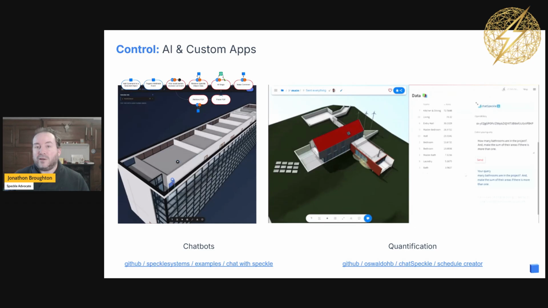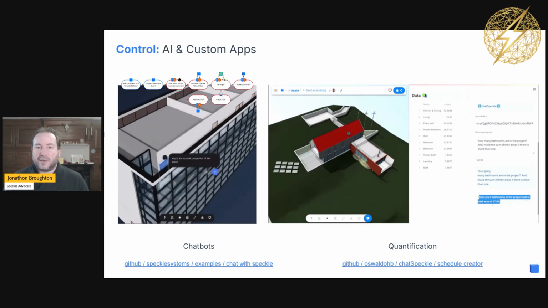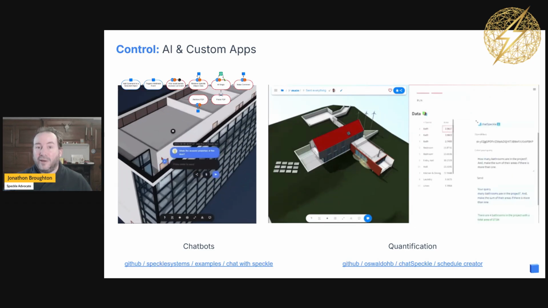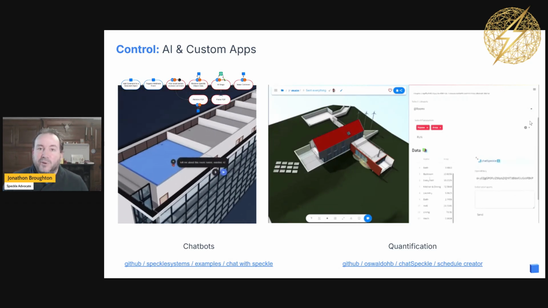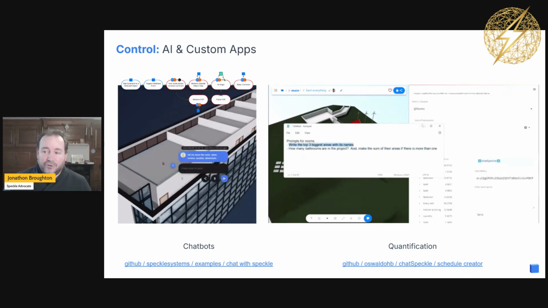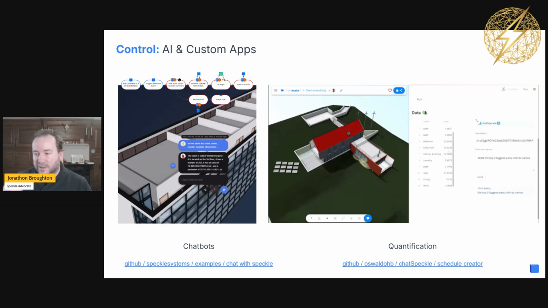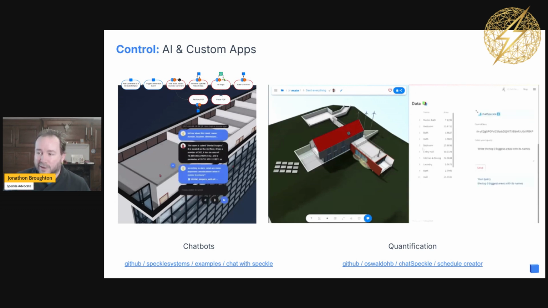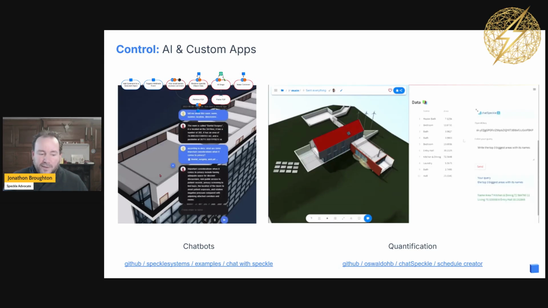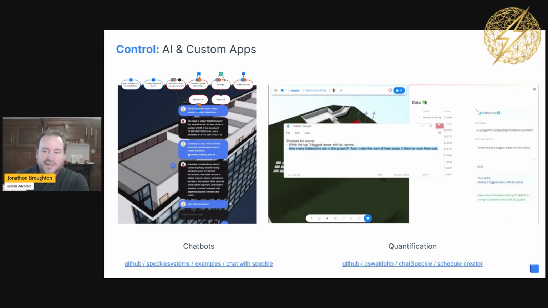And effectively, we aren't building an AI product at Speckle. What we're building is the equipment for AI products to be built, because AI thrives on data. And on the right-hand side, a much more directly useful example for an architect working with the scheme they're working on is: repivot my data and tabulate it in such a form as it does something.